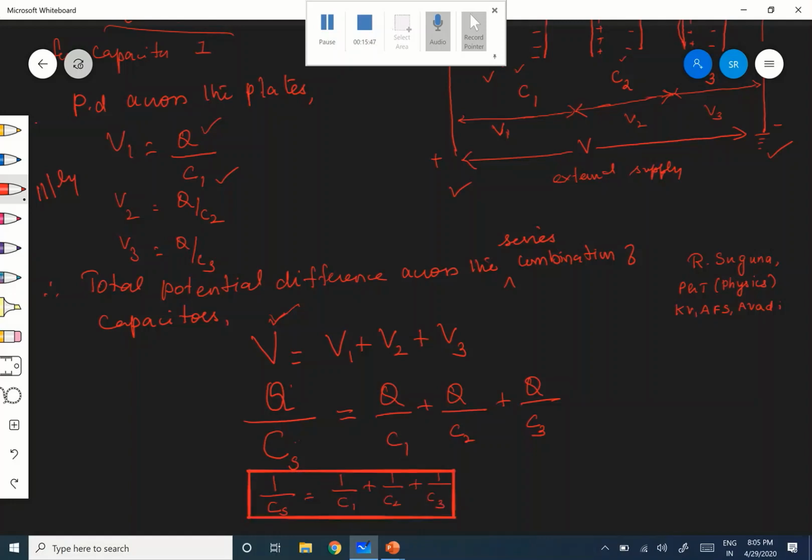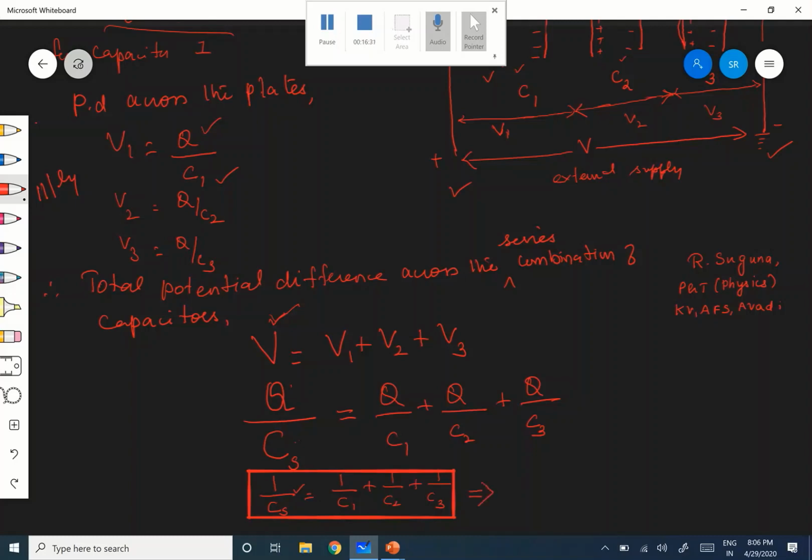Then what is that? 3 resistors are connected in series. Their equivalent resistance, reciprocal of their equivalent resistance, is equal to sum of the reciprocals of the individual... not resistance, it is capacitance. When 3 capacitors are connected in series, it is not resistance. Okay, when 3 capacitors are connected in series, how to find their equivalent capacitance? The reciprocal of the equivalent capacitance is equal to the sum of the reciprocals of the individual capacitances. Okay, therefore that implies,